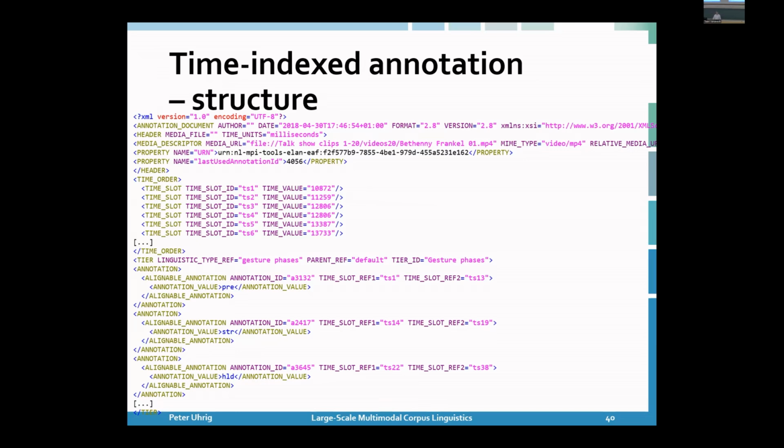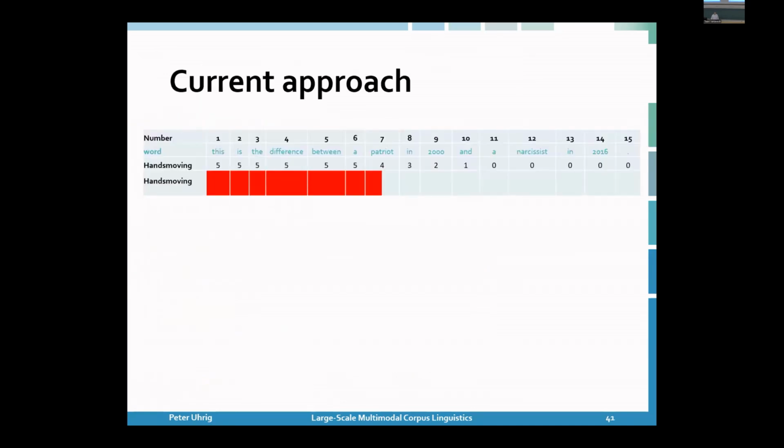And this format is, of course, much more difficult to query. How do you search in that? How do you find things that co-occur with different words? That's a conceptual problem, that you have two kinds of ways of looking at this data. Our current solution is rather simplistic, but actually powerful enough. We basically go through this and say, if hands are moving here on these words, and then the hand movement is stopping in the middle of "patriot", we're going to put hands moving as an attribute on this word with 5, 5, 5, 5, 5, 5, 4, 3, 2, 1, 0, 0, 0,